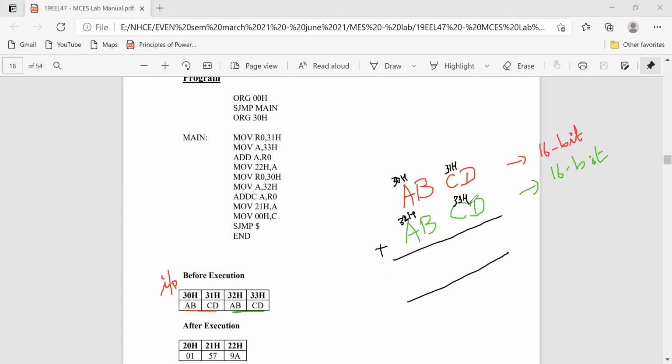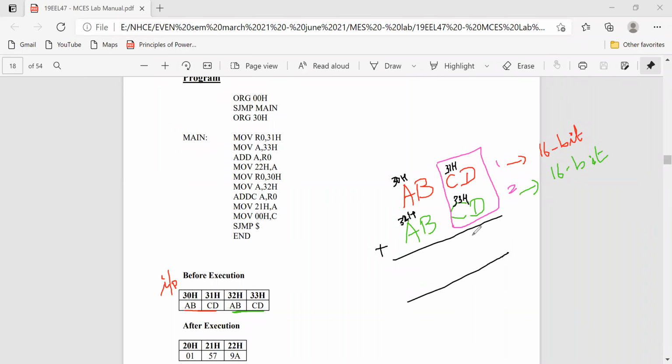So how am I going to perform addition? You should know that. What I can do is take the lower byte. This is going to be the lower byte of the two data, data 1 and 2. These two we are going to add first.